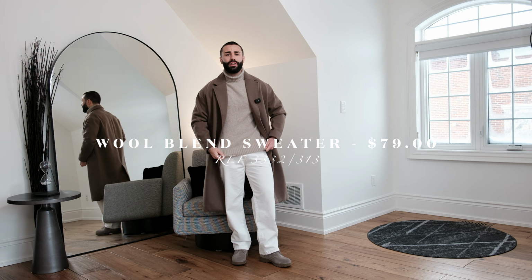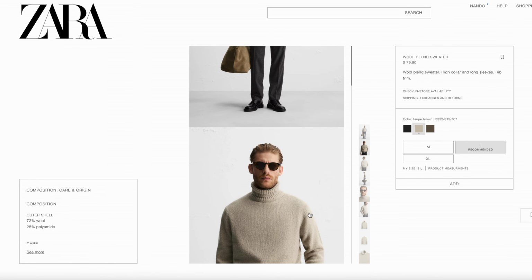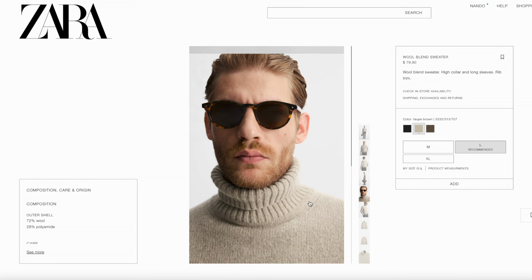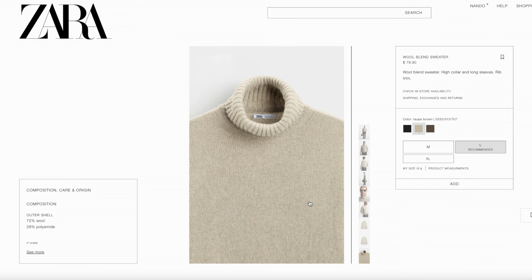And then pairing it up underneath with a beige turtleneck. Now, the beige turtleneck is a little bit itchy, I'm not gonna lie, but it depends on your tolerance level of wearing this stuff. Like for me, my skin is super sensitive, so I have a hard time wearing this, so I don't know if I'm gonna keep this, but I am thinking about keeping the